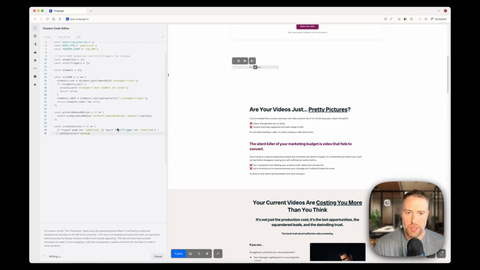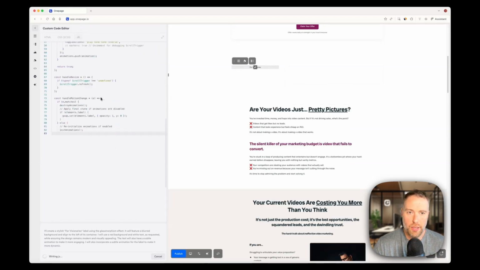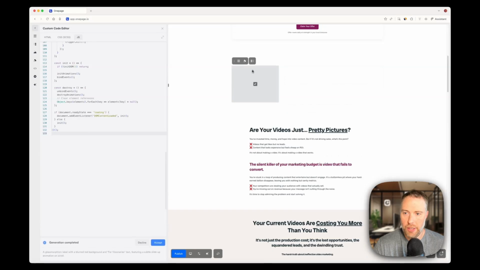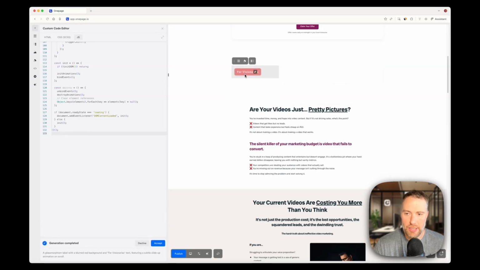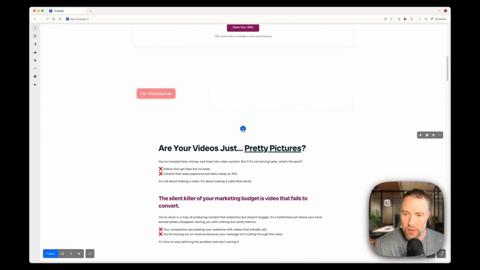Okay, so here it goes. It's generating all of the code, the CSS and the JavaScript, and we can actually already see the button there, and there it is. It has the red background, the white text, and there was a loading animation when it first came in. So this looks really, really good. You can make custom buttons, you can make countdown timers, and we're going to show you a third example here as well. Let's go ahead and accept that,